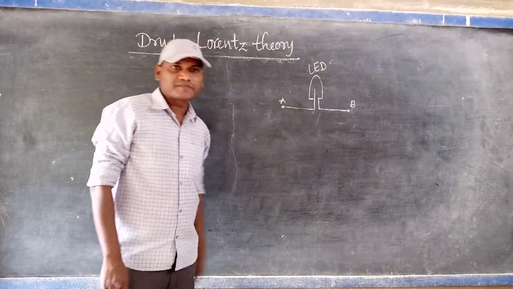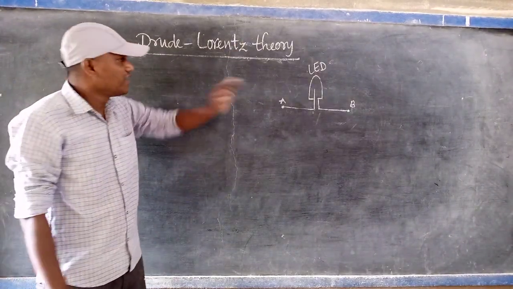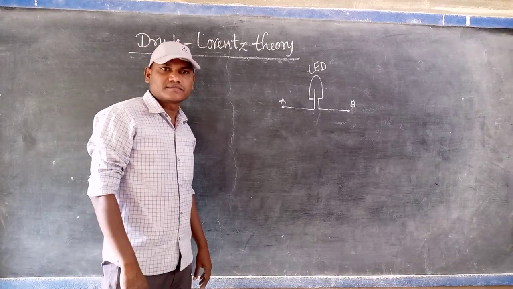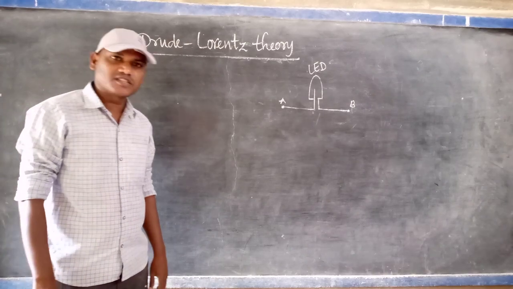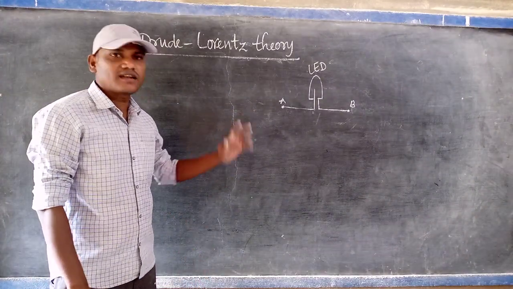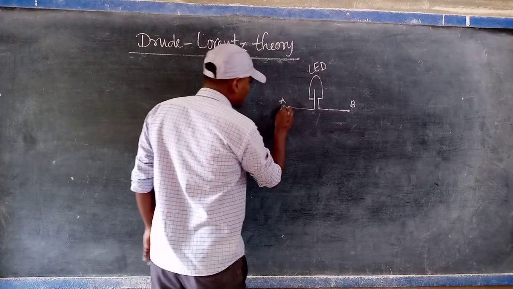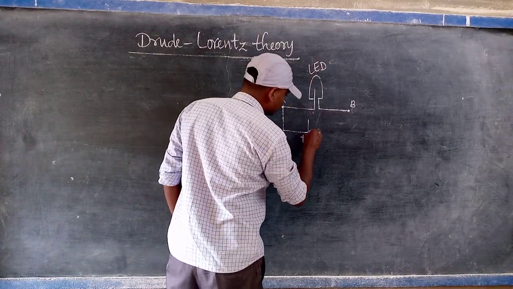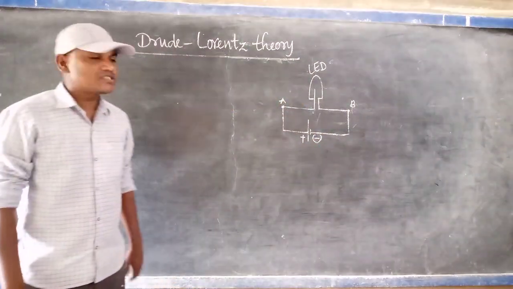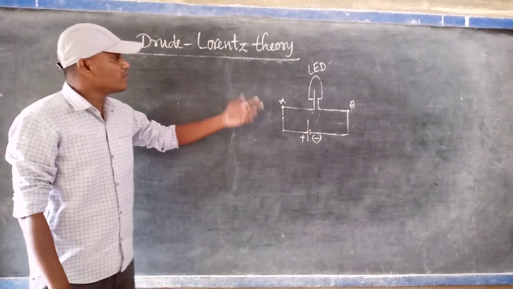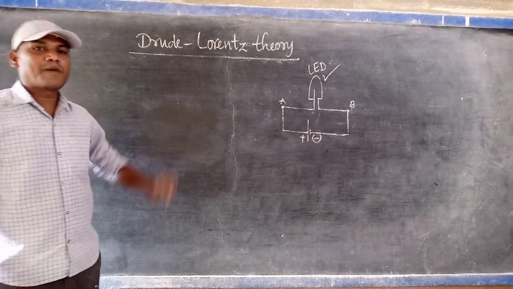In this type of arrangement, does the LED glow or not? Obviously it does not glow. Why? The electrons are moving inside the conductor from one place to another, is it correct? Yes, electrons are moving. But why is the bulb not glowing? Now the two ends of the conductor A and B are connected to the opposite terminals of a battery. Then what will happen? Immediately the bulb glows.